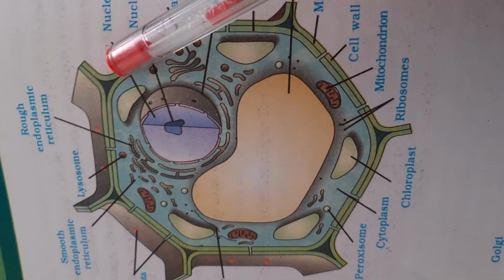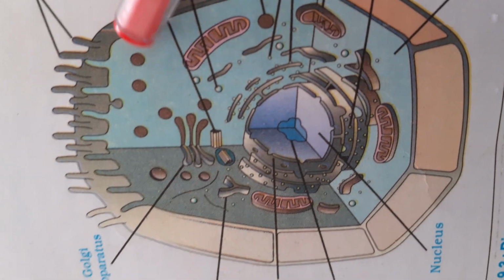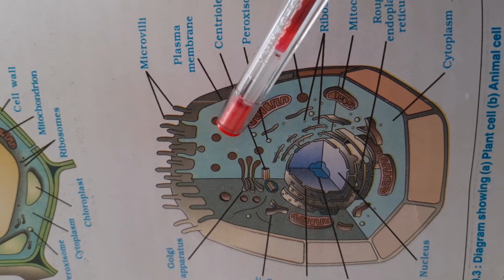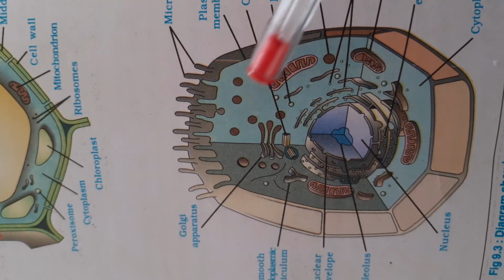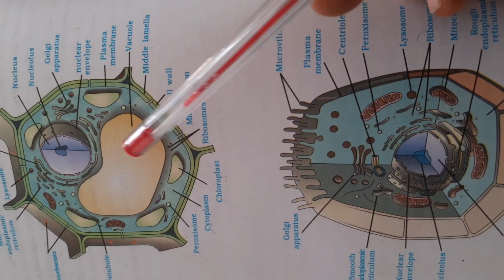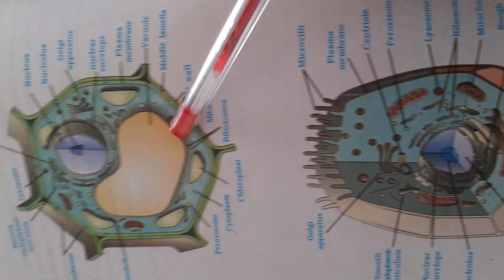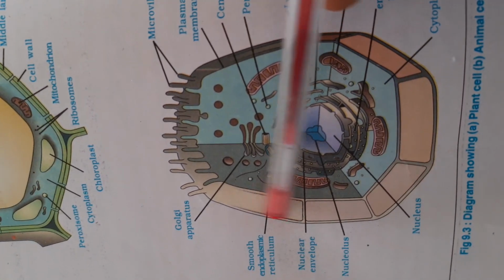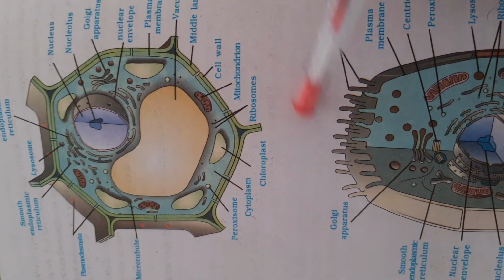This is the main difference between the plant cell and the animal cell. In the animal cell you can see the outer boundary, cytoplasm, Golgi bodies, ribosomes, endoplasmic reticulum, mitochondria. All these are present as in the plant cell, but what is the major difference? Here the vacuole is very big in the plant cell and here you do not find that vacuole. And there is a wall present in the plant cell, but here you do not find any wall. So the cell wall is absent in the animal cell and present in the plant cell.